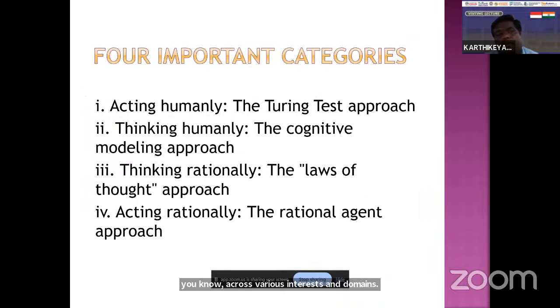And next, we have to explain the four important categories in AI. The first one is acting humanly. To conduct this test, we need people and a machine to be evaluated. One person plays the role of the interrogator, who is in a separate room from the computer,